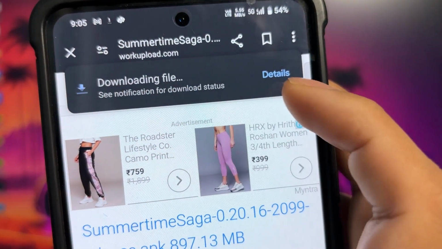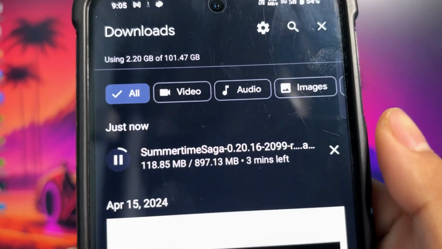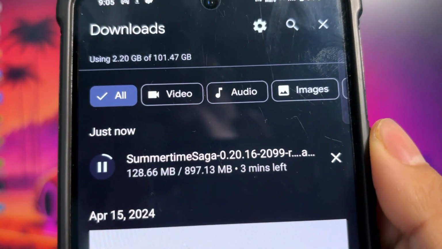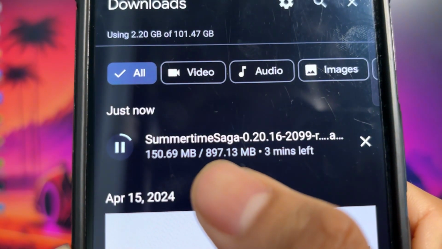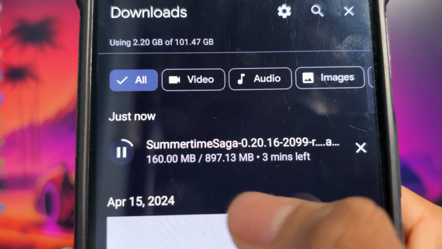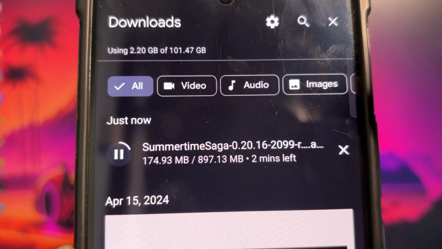There you can see it's downloading Summertime Saga. As you can see, it's 897 MB. So this game is a very long game. So yeah, that's how you